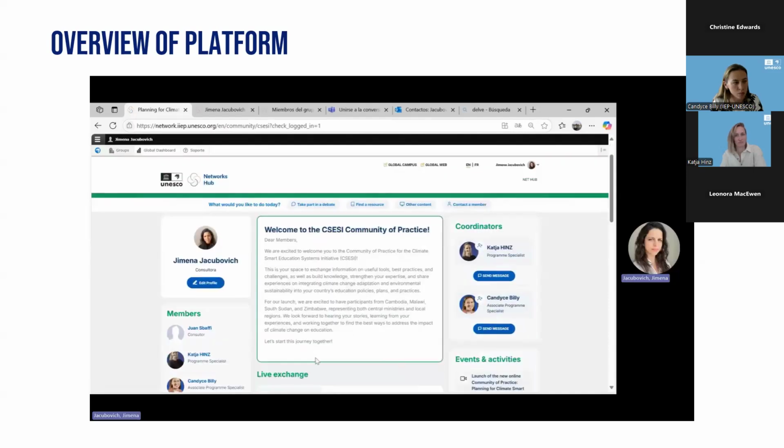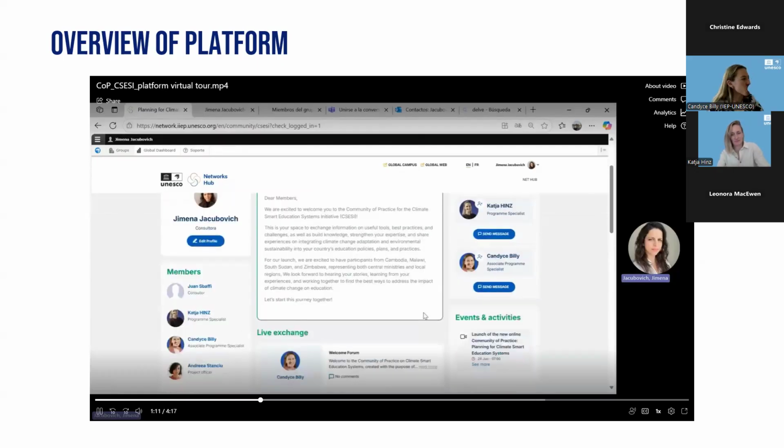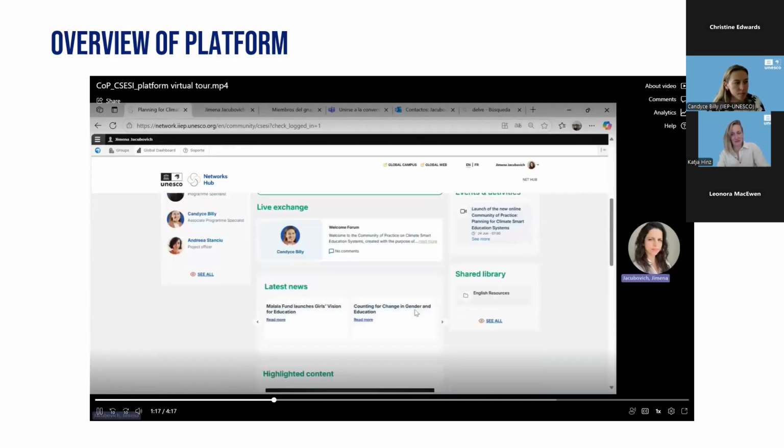Below is the section where the coordinators share valuable insights and orientations for the current week. This is the announcement section. This will enable you to organize your time for interaction and to make the best use of resources and exchanges in the community. We suggest you always check the announcements. The live exchange is a section that is the heart of interaction. You can take part in a debate, the threads, adding a comment, sharing a resource, reacting to your colleagues' contributions. That allows for keeping lively conversations